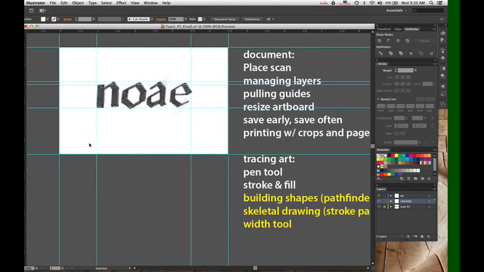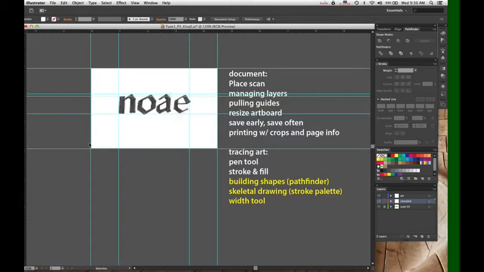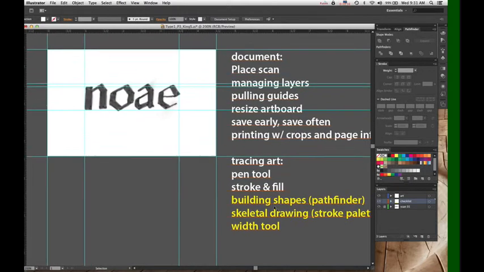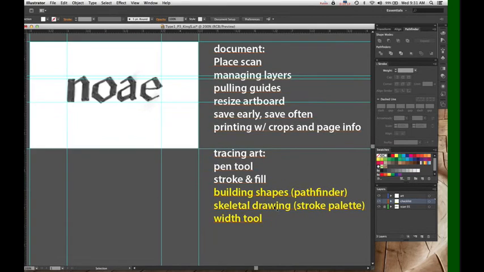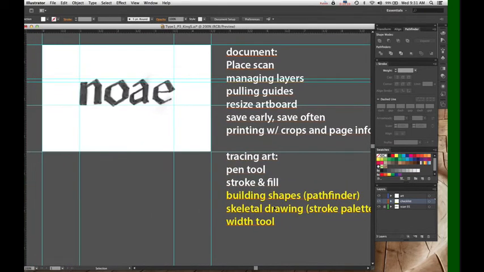Just a quick FYI. Now, we're finally getting to the actual assignment itself. I'm going to show you a few different ways to actually draw the letters. So the first, you can actually just go in with the pen tool and draw your shapes.